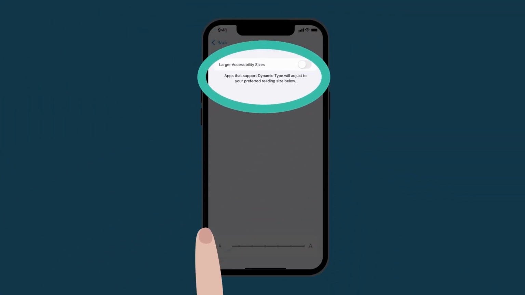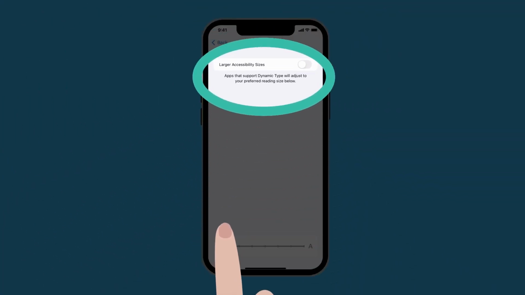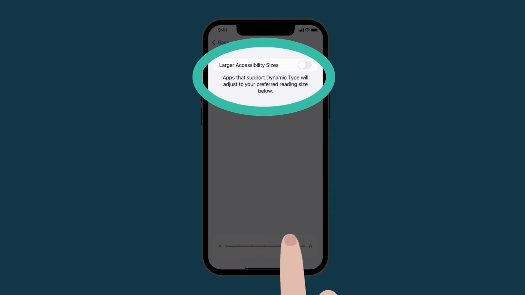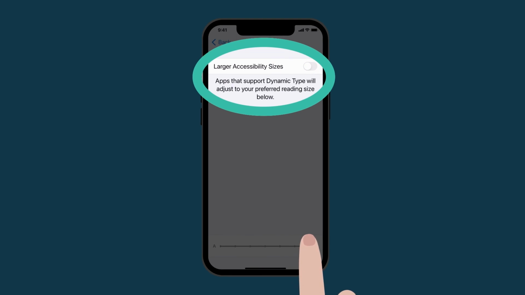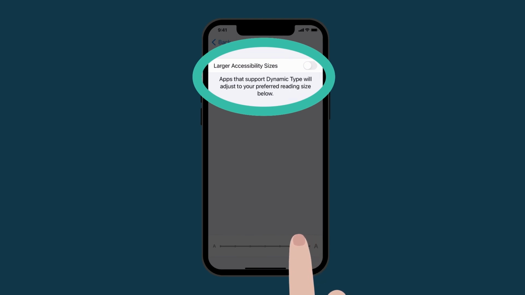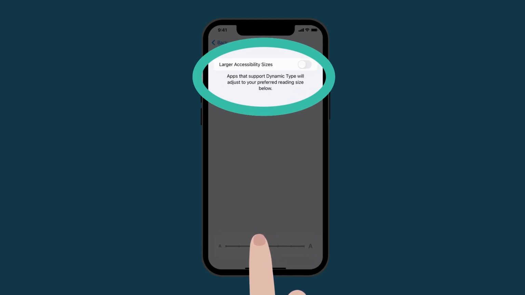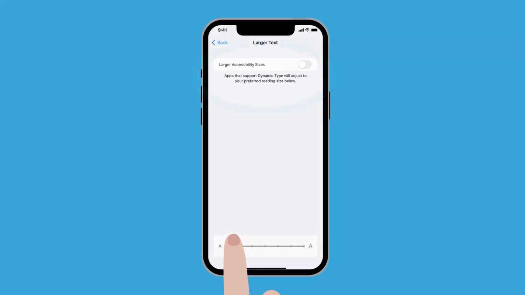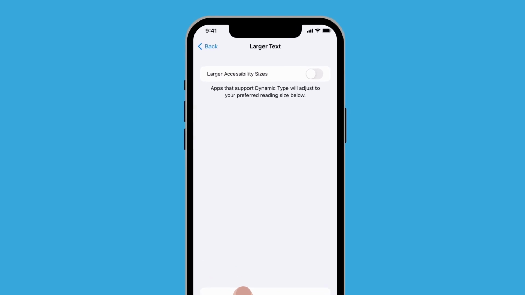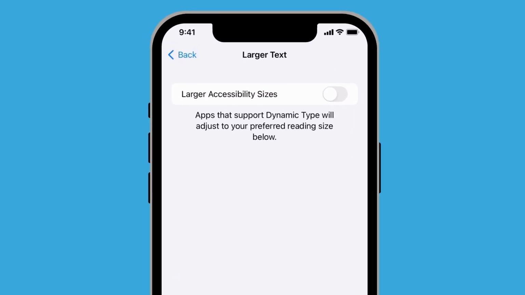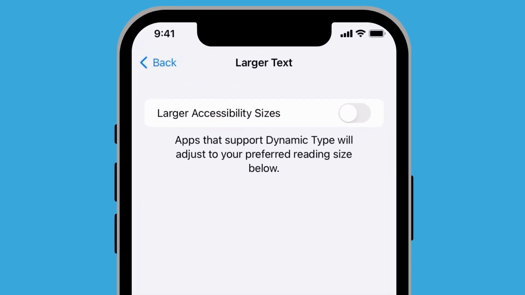The text at the top is a preview of the text size, and you'll see this text getting bigger as you drag the slider right, and smaller as you drag it left. This is a handy way to know when you found the right text size for you.